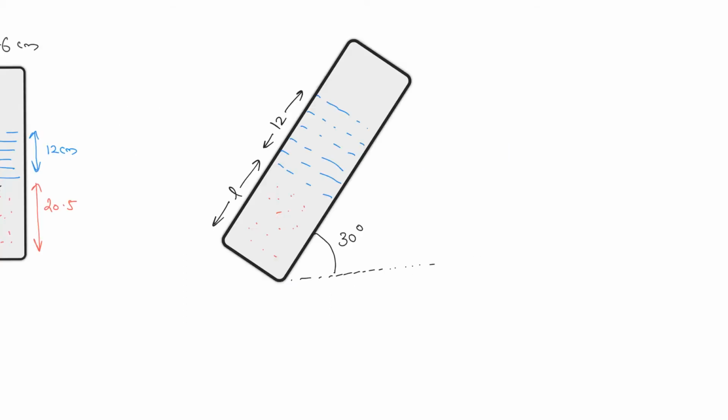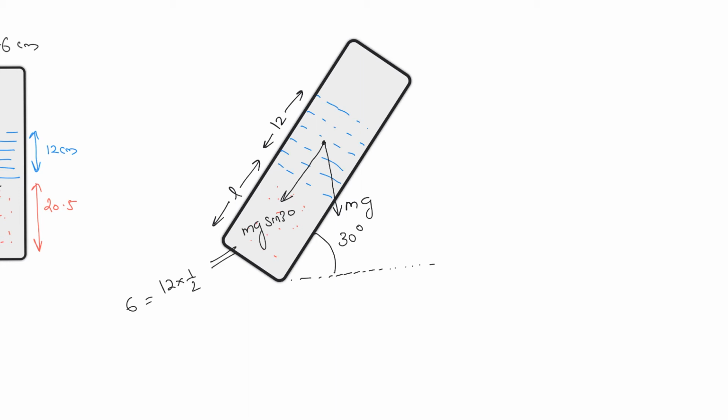Now in the next situation, the tube is making an angle of 30° with the horizontal, so we can observe that the weight of this liquid column, mg, is acting in downward direction. The component acting along the tube will be mg sine 30. So if a pressure of 12 is acting in downward direction, the component of pressure acting along this direction will be 12 into sine 30, which is 1/2, so we can take it as 6.